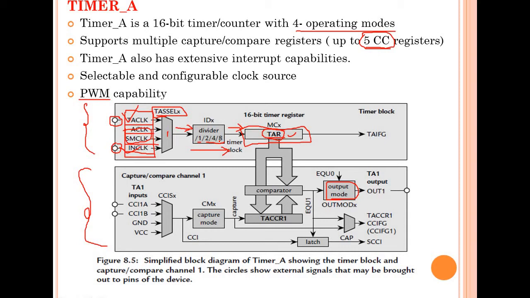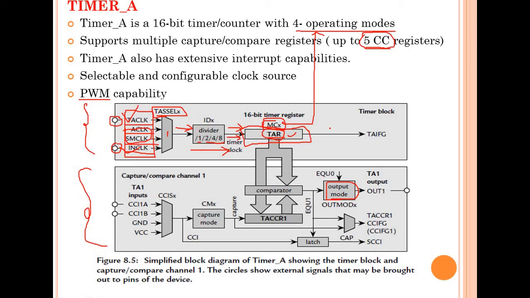And the divided clock frequency is given to the counter present inside the timer. And the counting is done depending upon the mode control bits. As I said, you have a total of 4 operating modes in your timer. You can select any one of the 4 operating modes based on these mode control bits, MCx. Depending upon that mode, your counter will begin to count.